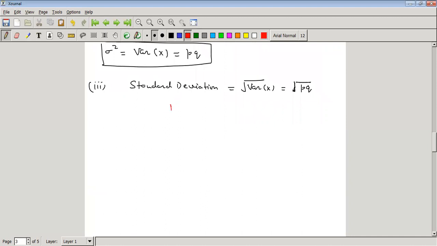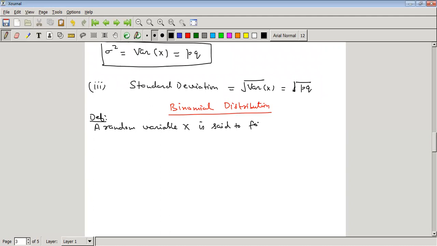Next is binomial distribution. A random variable capital X is said to follow binomial distribution if its probability mass function is given by